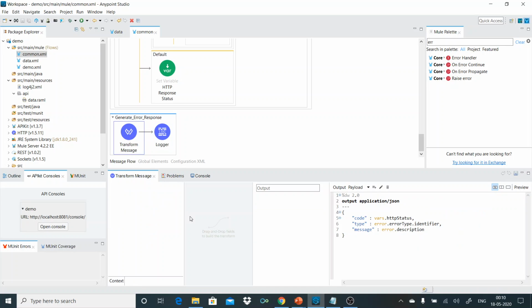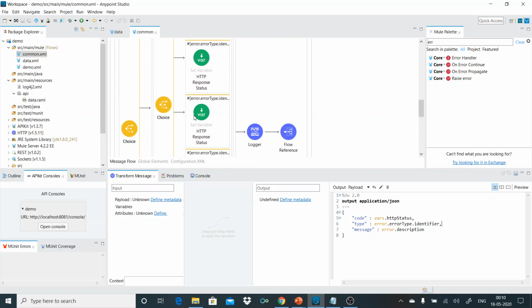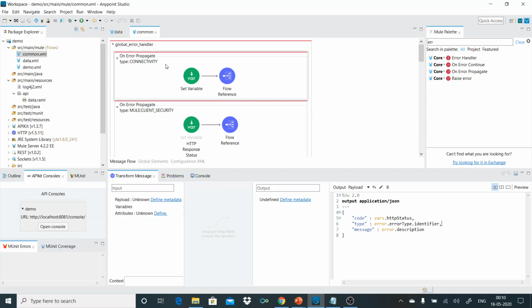Or you can utilize the same JSON structure, and then you can put indexing on maybe the status code or the identifier of the message to understand what errors you have been frequently getting. So this is how you create a common error handler.